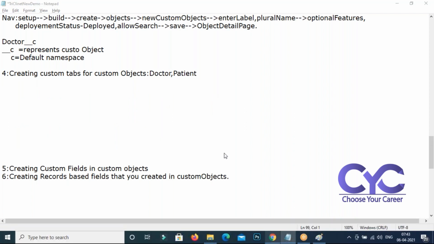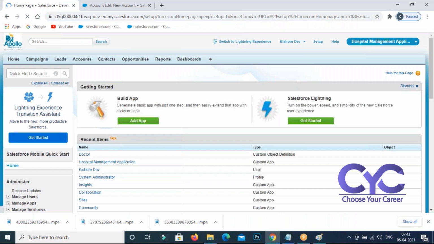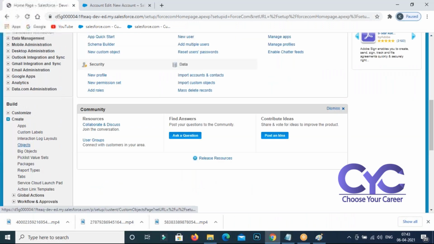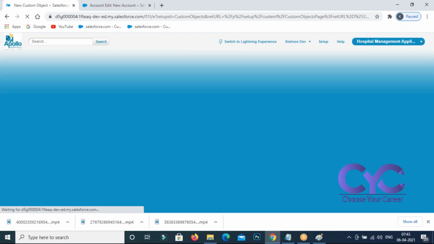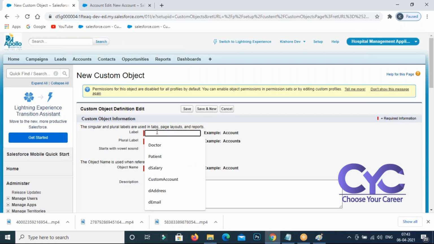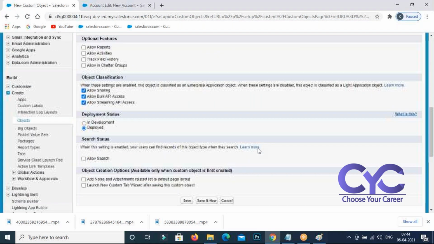First, create one more object so that it's very easy to set up. Go to Setup, Build, Create, and create one more object. What's the object name? New object, let me go for the patient object. You can give the plural there, but it's not needed.